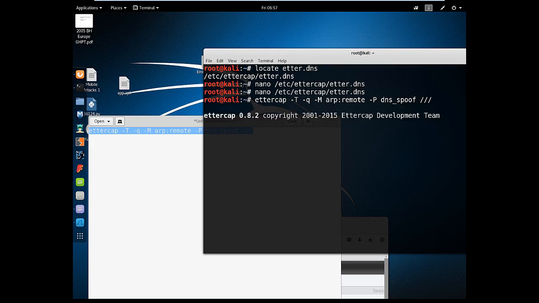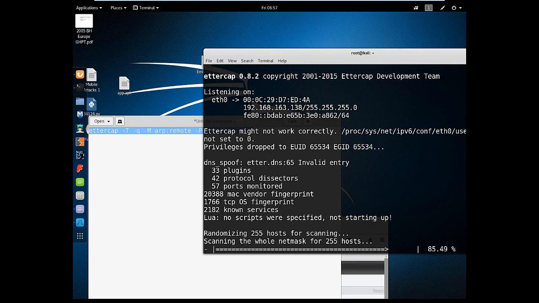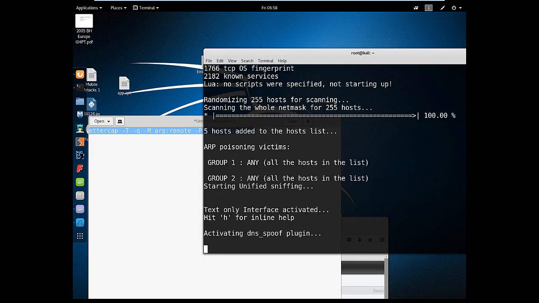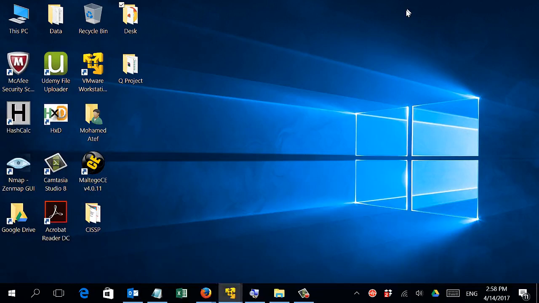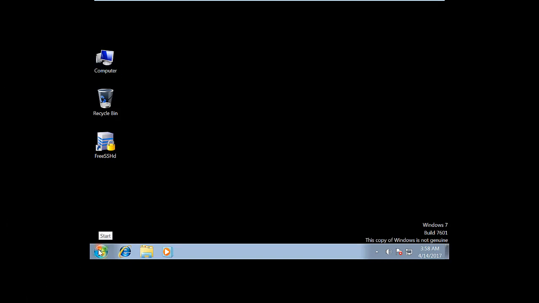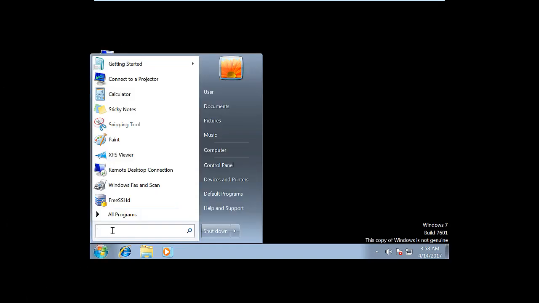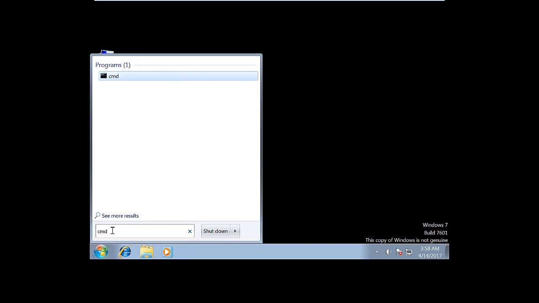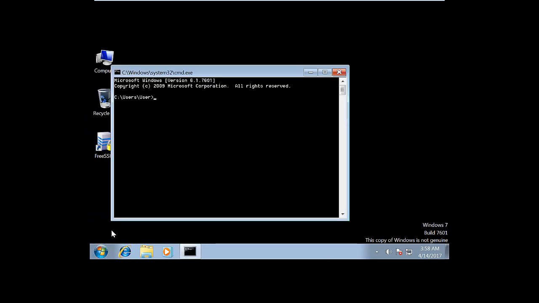So let's press that and wait until, yeah, it's activating. So now let's see if it has been applied or not. What I'm going to do is go to my victim machine, Windows 7 or Windows 8 or any machine. And before testing that, we need to flush the IP information. I mean, sometimes you try to use this attack, but there is some information inside the cache, so if you type